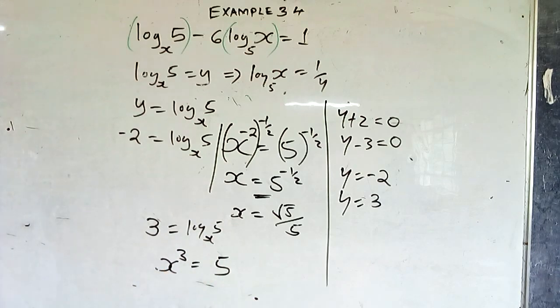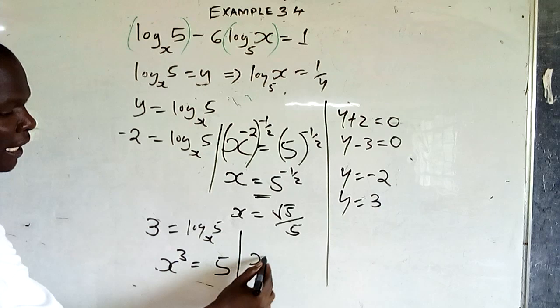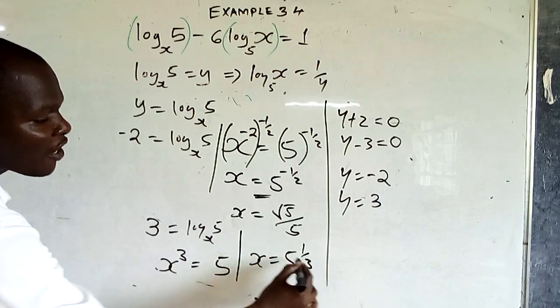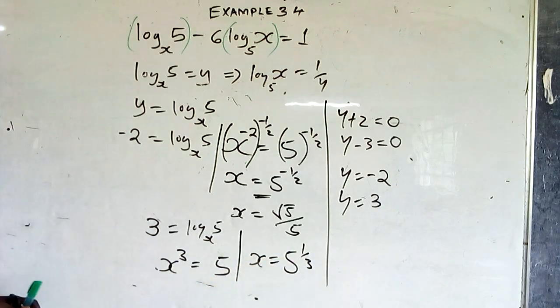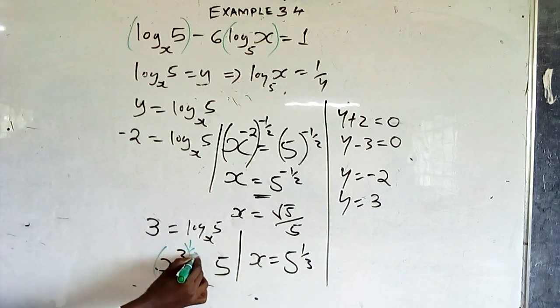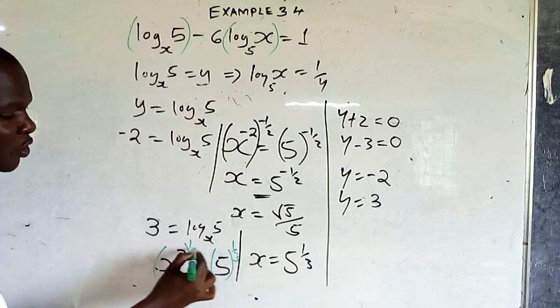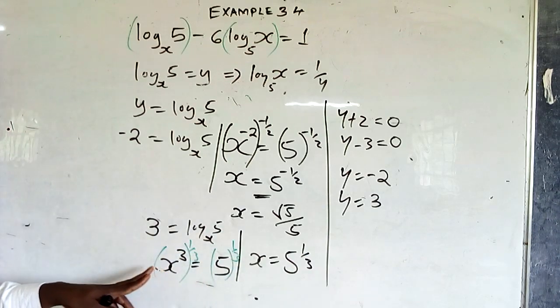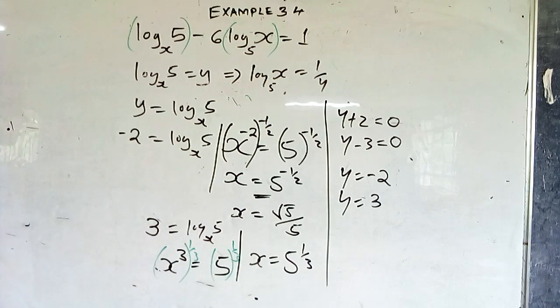So what is x from here? x is 5 raised to power 1 over 3, meaning you multiply both sides by a third to remain with x, because a third times 3, you remain with x raised to power 1, which is x. Good. So x is 5 raised to power a third, or the cube root of 5. So that is how to handle problems